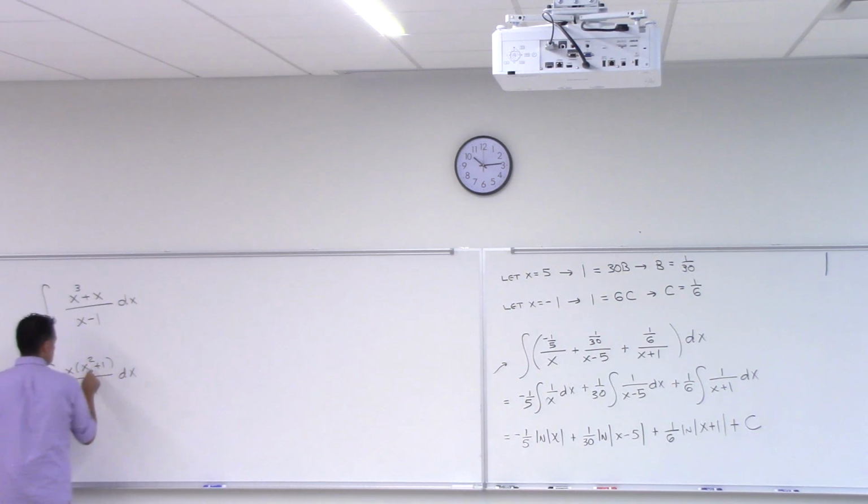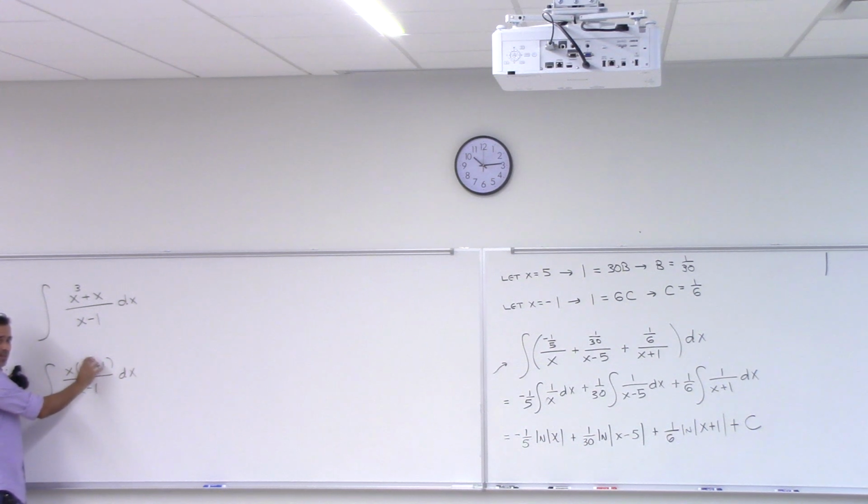Maybe with the x squared plus 1. Maybe you could do a trig sub here, maybe. But overall, isn't this a rational function? It's a polynomial over a polynomial, right? So if it's a rational function, we want to follow the procedure for rational functions, which I haven't given you,